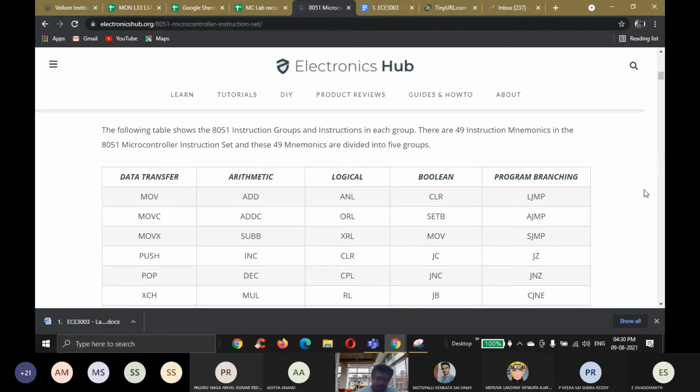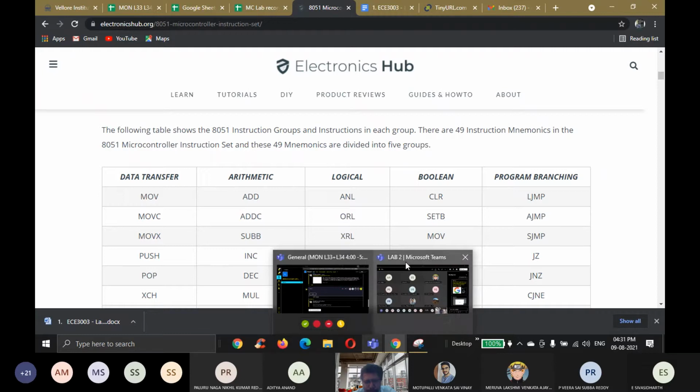Those who have completed can note down the different types of instructions: data transfer, arithmetic, logical, Boolean, and program branching. Okay, please kindly note down. We can start the demonstration.